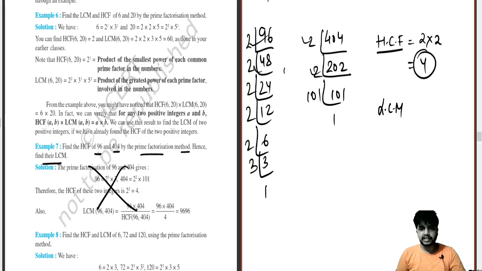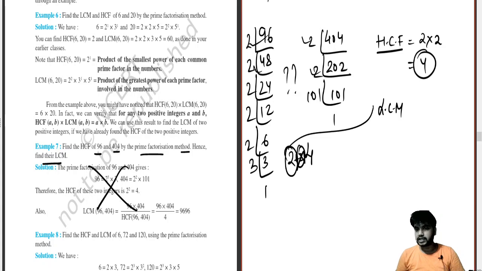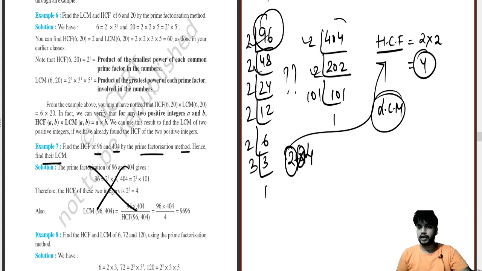You can't find the LCM from here. Okay, if you find it, you will get a 0 over here. Like if this question carries 4 marks, you will get 2 plus 2, and this 2 will be cancelled because you will only get this 2 for this HCF part. Okay, but you will not get it for this part because they have said to use the terms given in the question beforehand, like 96, 404 and 4. These three will be used to evaluate the LCM.